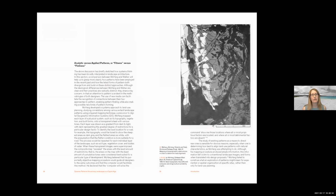And the various approaches to pattern finding and pattern forming that we see in landscape architecture today cannot be understood apart from the influence of systems thinking. Well, in design more broadly, it's systems thinking, but through landscape architecture, it came through the field of ecology. And so we understand ecology and systems as common frameworks to describe the constellation of relationships that we see in the world. So we might call that the what of the world. And then patterns are the how,